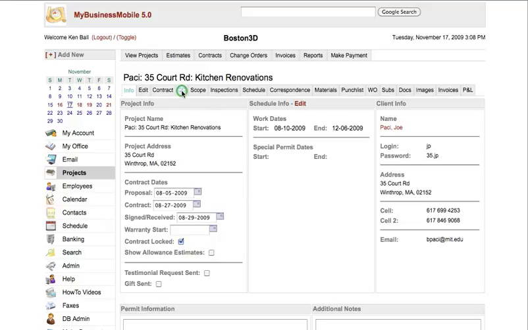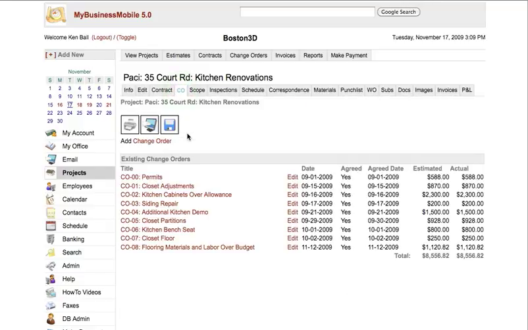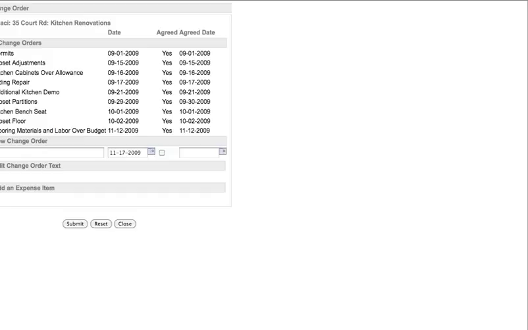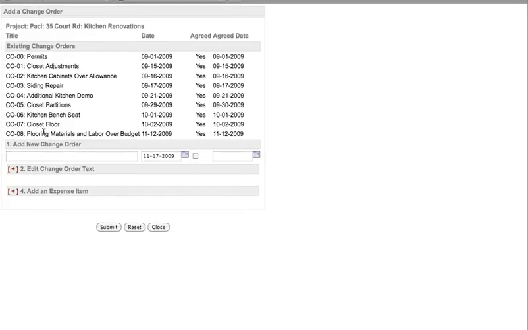So something new comes up, it's not part of the original scope. You go to your change order tab and select add change order. Here's where it lists all the previous change orders so that we don't create a second one for the same item. And I have a little internal code where I type the number,